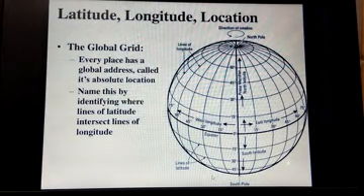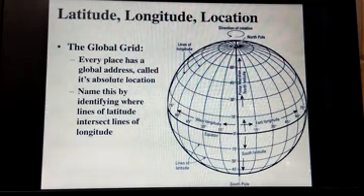You have to identify your school's longitude and latitude, the KVCLRI longitude and latitude address. This is your homework, and you have to identify it and comment to me in the Google Classroom. Those who comment first, it means they are listening to this video very carefully. Every place has a global address, and our KVCLRI global address you have to identify. Don't check directly now. Check it when your class is over for this lecture.